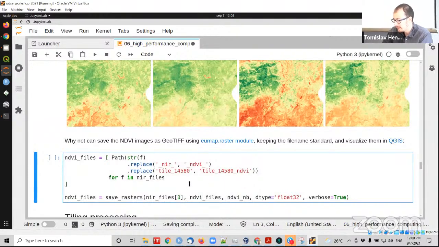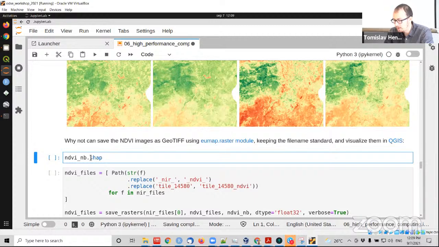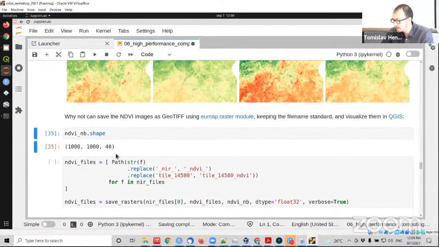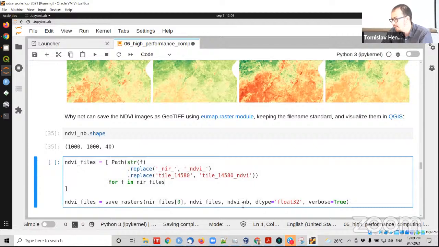But I think it's a good idea to save the images, right? So you processed it, we did that exercise, but we are generating new data. And I like to show this, save rasters, because it's really handy. So if you see here, I will just open it here. This is our NDVI output. It's a NumPy array, and mainly I will send this NumPy array to the save rasters,